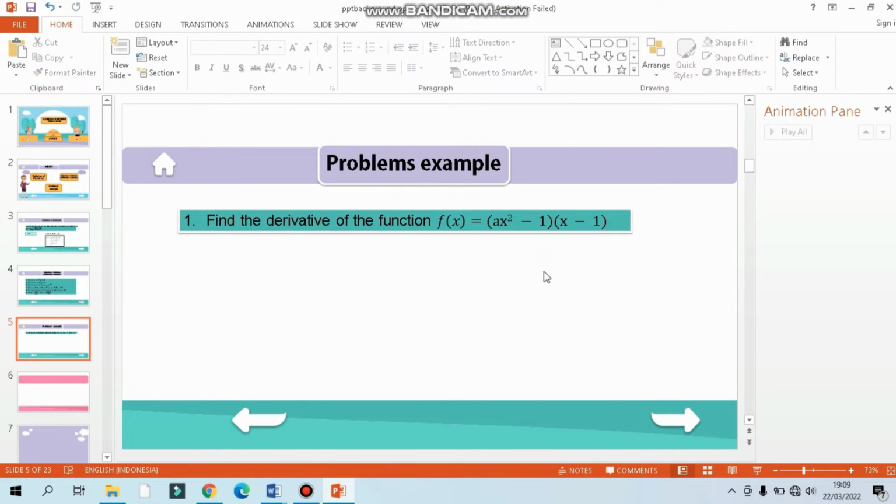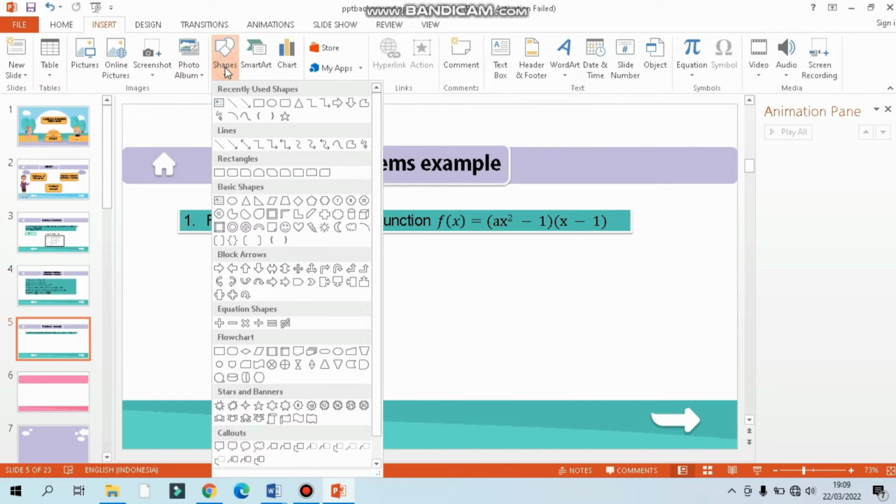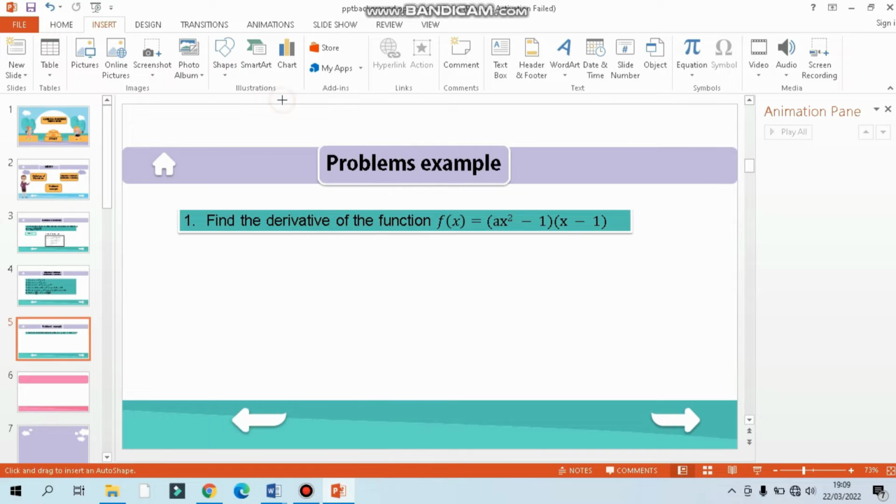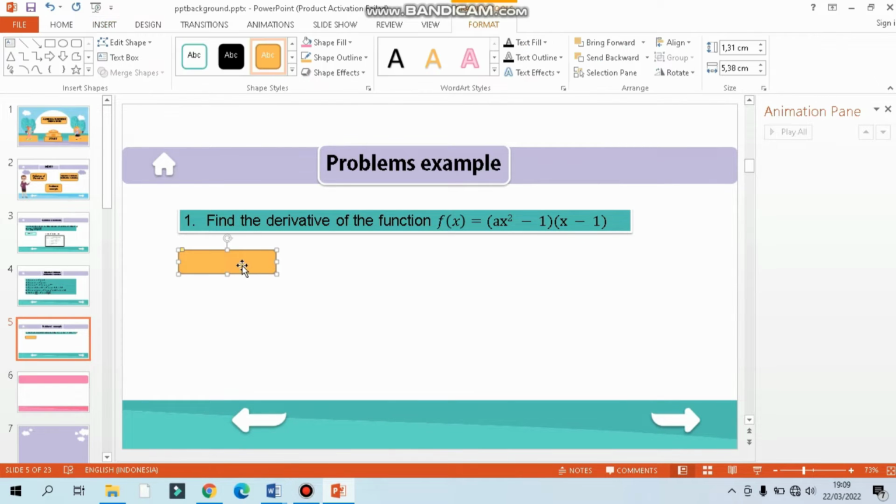So in this example, I want my students to answer that. So I choose the shape and I make the options, one option per shape.